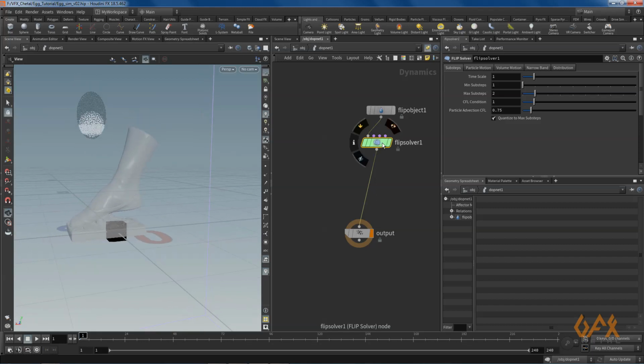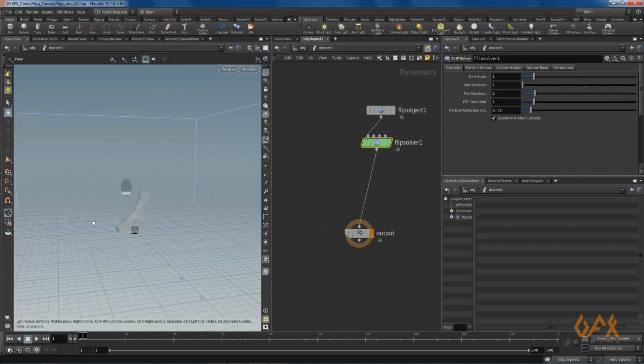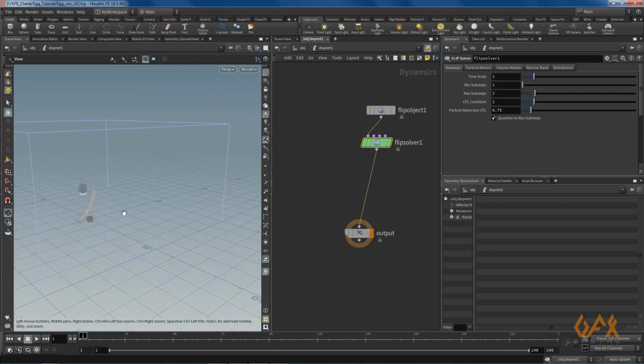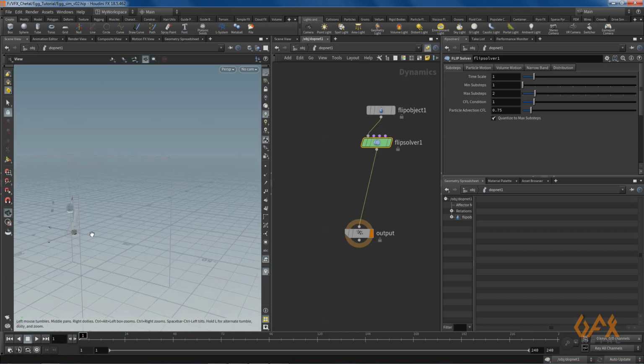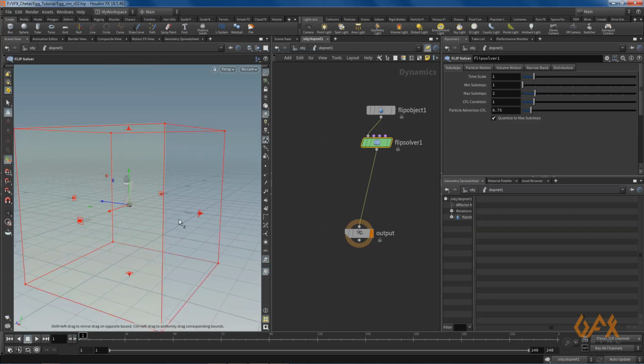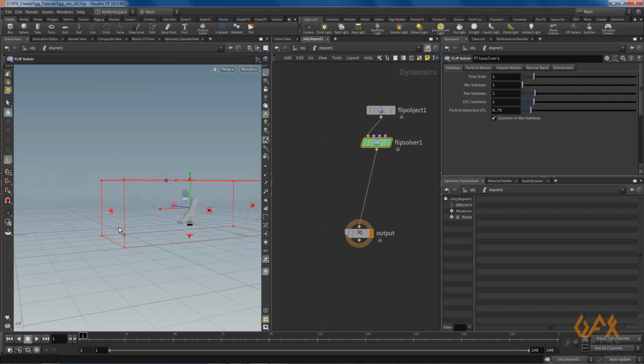First of all, I select these things, I press enter key over my viewport, so I can easily manipulate this box. So I select this, press shift and reduce my box size. By pressing shift key you can uniformly scale.